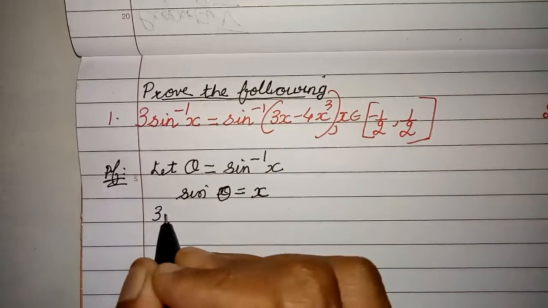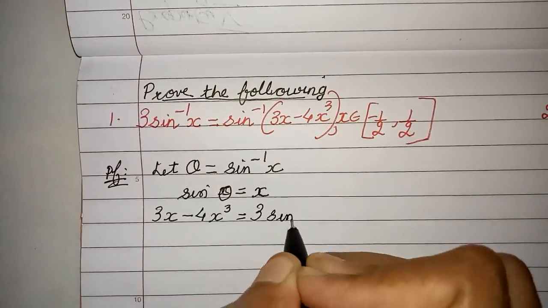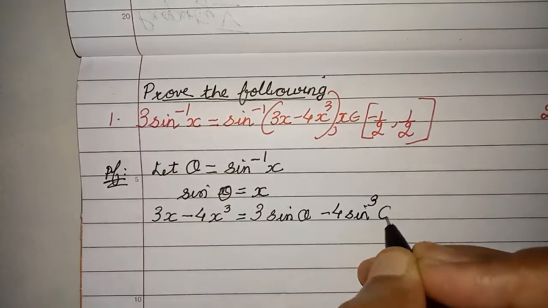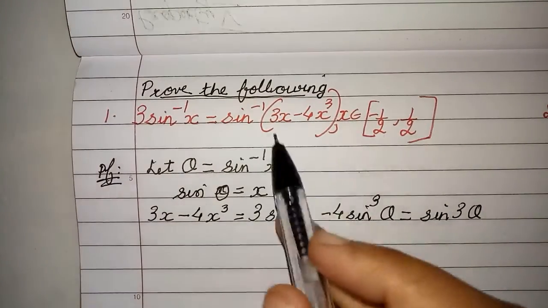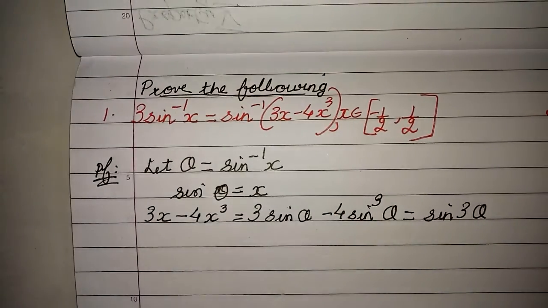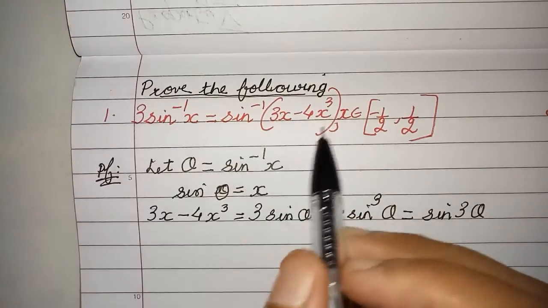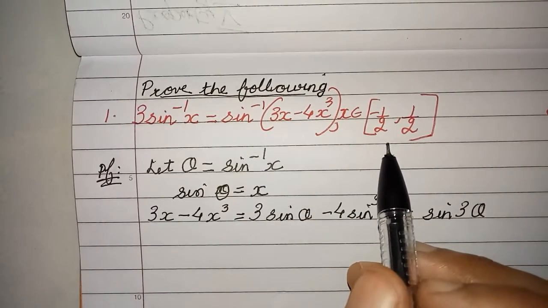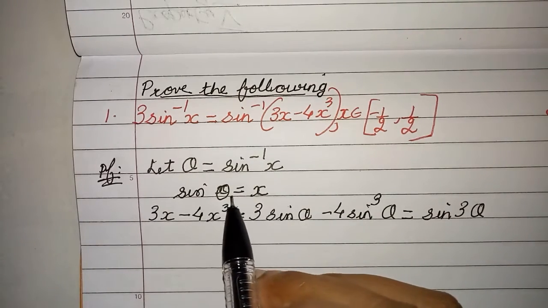Now I am going to consider 3x minus 4x cube. So what will happen? This will be 3 sin theta, put the value of x here, minus 4 sin cube theta. But this is nothing but the formula for sin 3 theta. When I looked at this part of the bracket, it reminded me of a formula which I have studied last year, that is 3 sin theta minus 4 sin cube theta. If I am able to write this in terms of sin, you know that sin and sin inverse will get cancelled because it is existing in this domain, alright. So that's why I put the substitution here as x equal to sin theta.